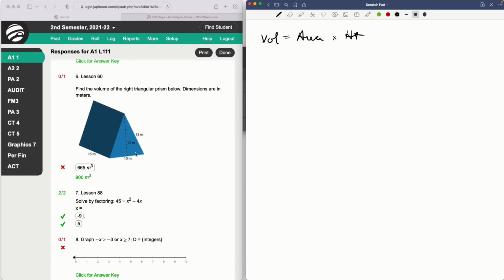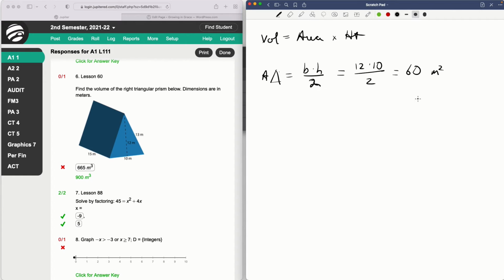We can't use the rectangle on the bottom because it doesn't go straight up. It doesn't make a cubic rectangle. It makes a cubic triangle. So we're going to use the triangle as our area of the base. And so what we have here is a height of 12 and a base of 10. So we know the area of a triangle is the base times the height divided by 2. So that's going to be 12 times 10 divided by 2, which is 120 divided by 2, is 60, and it's in meters